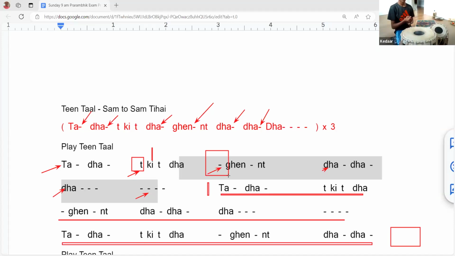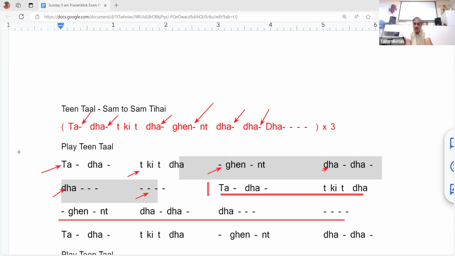Ta. No, no, ki. No. You are doing double clapping. You don't need double clapping. Ta, a, dha, a. That will take two cycles of the sum. That will not be sum to sum theory. That's exactly what I told you initially. If you are doing ta, a, dha, a, ta, ki, ta, dha, you need two cycles to complete the theory. Will you call that sum to sum theory, Kedar? No, I will not. You will not. So don't make that mistake, please.